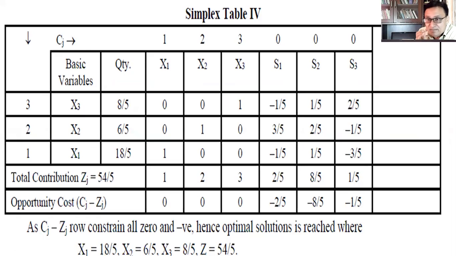We get the feasible solution only when all artificial variables in the last optimal solution table have gone out, and only the basic variables, which are x1, x2 and x3, or s1, s2 or s3, are there. If some artificial variables exist in the basic variables arrived at after the final table, then you will say that this problem has an infeasible solution. But in this solution we have x1, x2 and x3 which have some values. So it means a feasible and optimal solution is found out. So there is no infeasibility. So this was the Big M method.